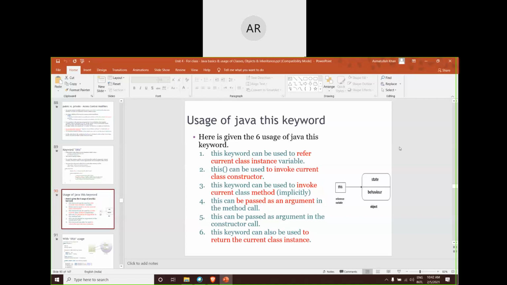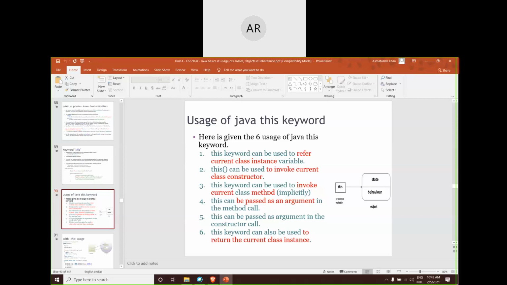The third type of usage was whenever we want to invoke a class method without specifying the object name, just as we were discussing in the lines just before. If I want to make a call to function F1 without specifying the object, it will be replaced with this keyword, and this will be replaced with the current object which has called it. The first usage refers to the variable, the second usage refers to the method. Do remember this particular point.